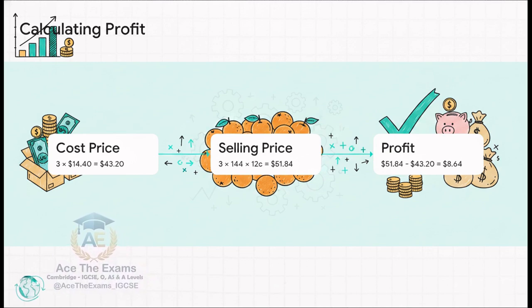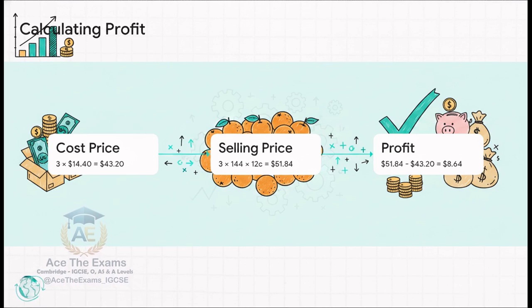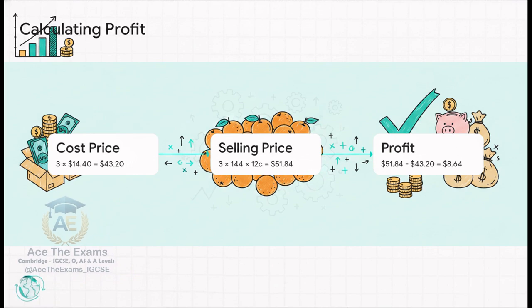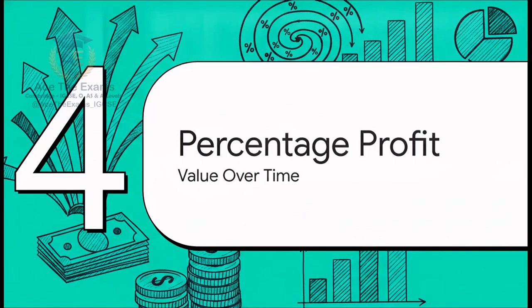Finally, you just subtract his cost from his sales. And there it is. The trader walks away with a tidy profit of $8.64 for his day's work. It might not seem like a fortune, but remember, the mechanics of this calculation are the exact same ones used by multi-billion-dollar corporations. Which brings us to Section 4, percentage profit and depreciation,